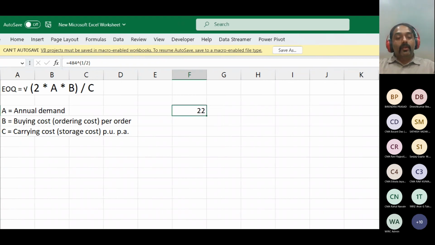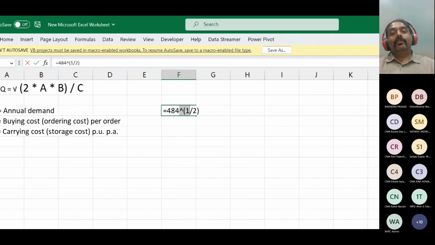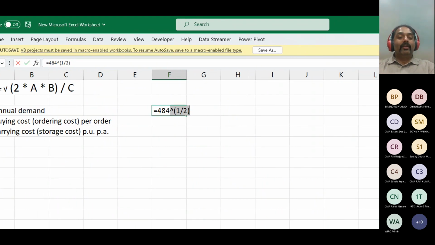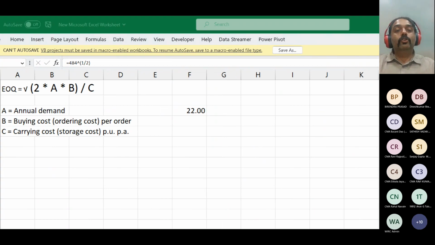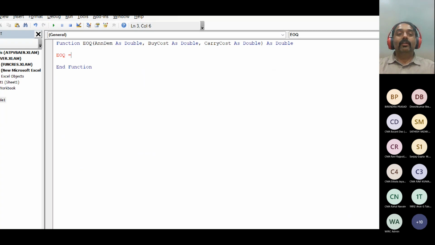I get 22. Okay. So this is how I can derive square root. I don't deny that. If I wish to derive square root, this can be one way. You raise it to the power 1 by 2. But it will be fun to make use of functions, and just in case somebody has forgotten, it will be